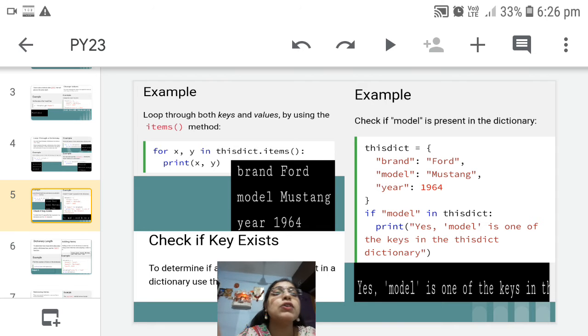So if within double quotes we have written model in this dict, and if we find this key, that is model is present in this dictionary, then the sentence will be displayed as: yes, model is one of the keys in this dictionary. Definitely we have model as a key, so we get that output.